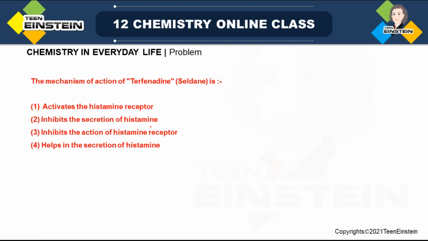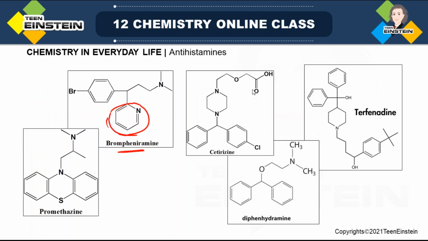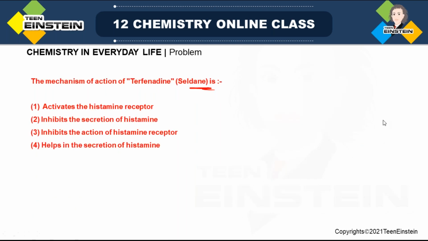So here we have a question. The mechanism of the action of terfenadine, which is also known as Seldane. Okay. So this particular molecule we have seen as an example, that is this one. It is also known as Seldane, but the question is not related to structure. The question is related to